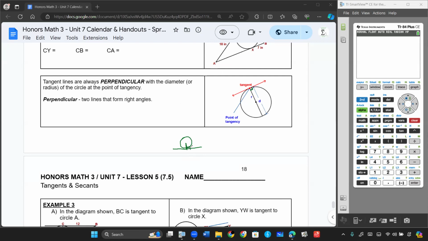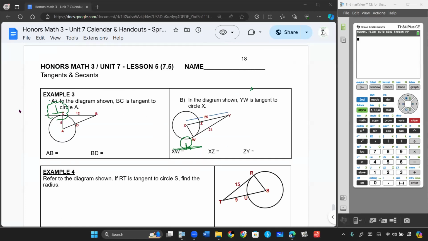Okay. And that applies to any radius or diameter meeting a tangent line on the outside. They're going to be perpendicular. That symbol for perpendicular is an upside down T, and it's two lines that form right angles. Knowing that, we're going to be using right angle stuff. So you know where that's going. It's going to be involving triangles and Pythagorean theorem and in some cases trigonometry, although we won't use it in